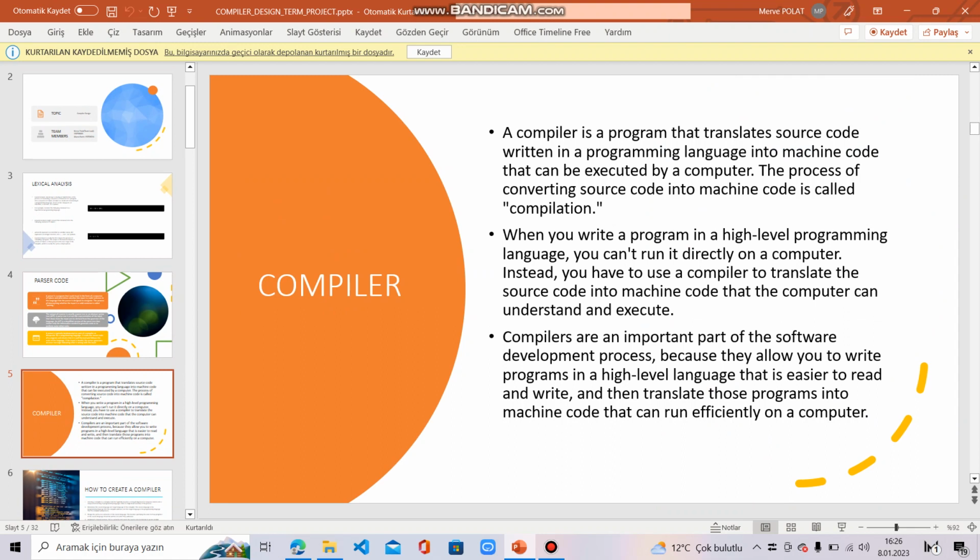What's a compiler? A compiler is a program that translates source code written in a programming language into machine code that can be executed by a computer. The process of converting source code into machine code is also called compilation. When you write a program in a high-level programming language, you can't run it directly on a computer. Instead, you have to use a compiler to translate the source code into machine code that the computer can